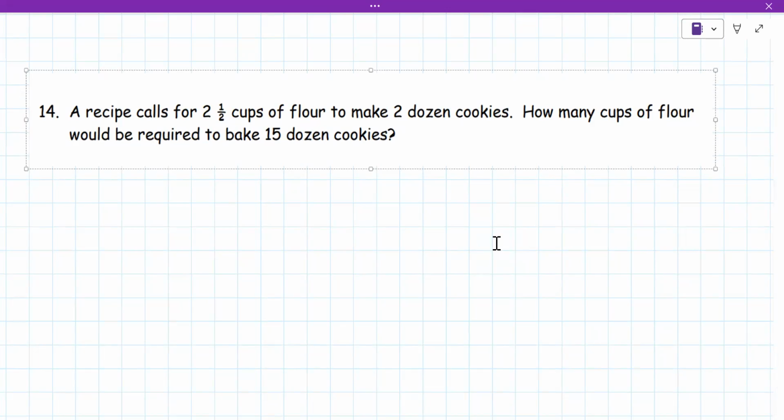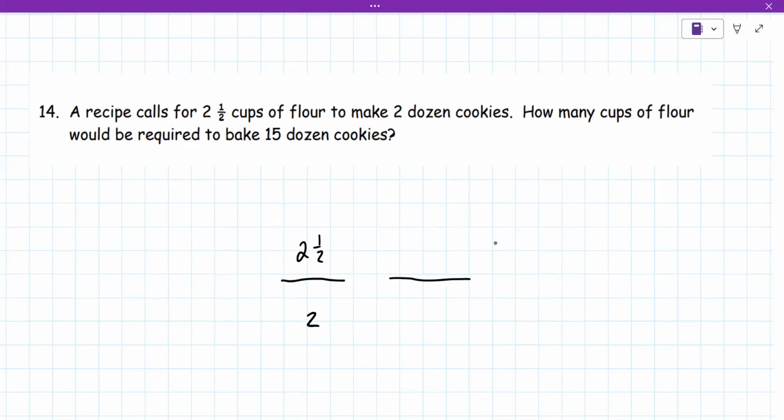So 1, so it'd be 2.5 or 2 dozen cookies. That would be 24 cookies. And then for 15 dozen, x. Cross multiply. 24x equals